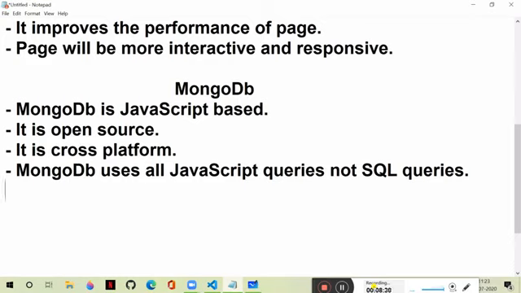So we need to learn how to use MongoDB and how to work with it. I will give you a simple overview of how to use it. How do we create and work with MongoDB? Let's see. So the first point is